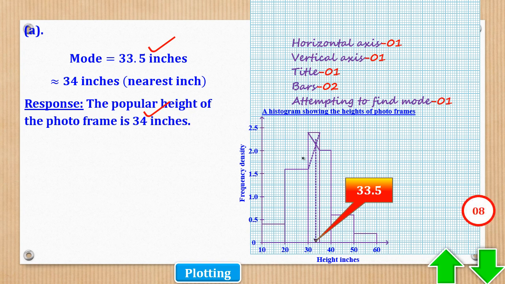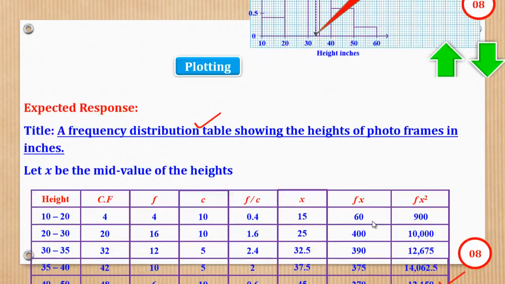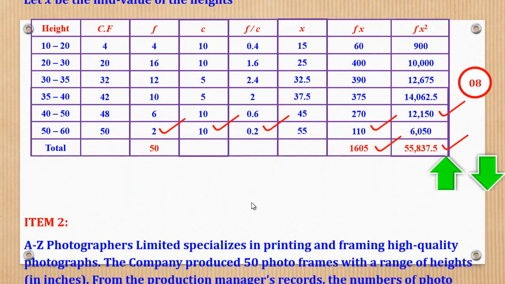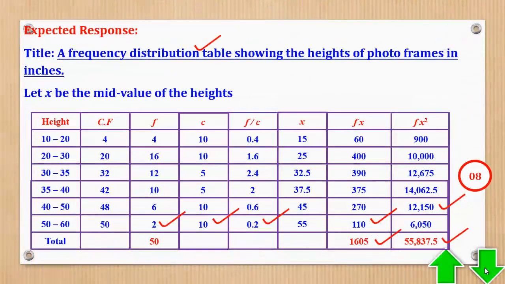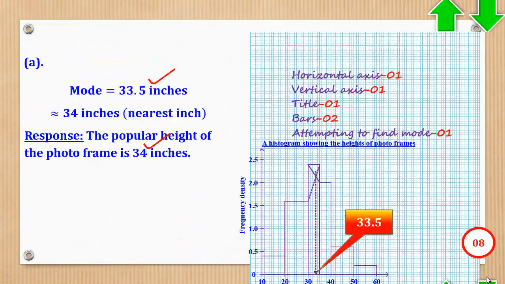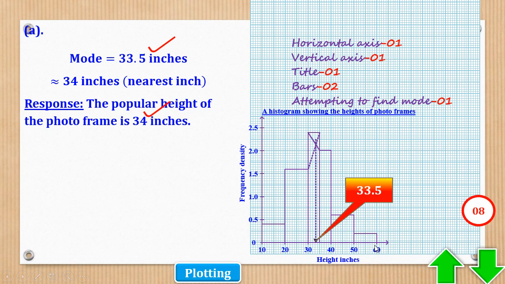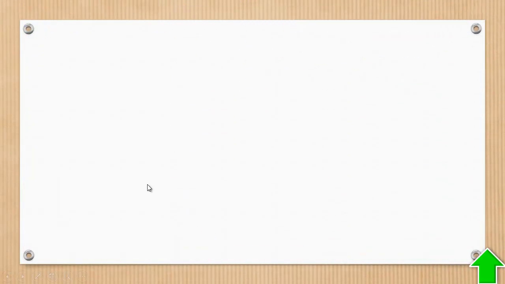Okay, those are the scores for part A, then part B. Part B says, based on calculations, help the production manager to determine the standard deviation of the heights of the photo frames produced in the month. For standard deviation we need this total, and this total frequency. Now these formulas are available in your logbooks, so I encourage you to have logbooks and always go with them